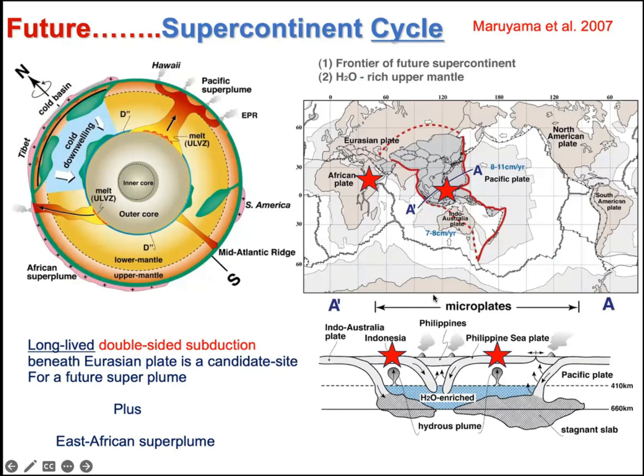And there is double-sided subduction along this region, this star place in the Pacific margin here, and you can see two subductions here, whereas the Eurasian plate margin is also here. It is colliding here, and one subduction is happening in this Western Pacific region, and the other subduction is happening along this Indo-Australian plate region. So these two subductions also make a huge amount of water going into the mantle, and that can cause enhanced mantle melting, and that can easily help the upcoming mantle plumes to branch out and hit the present day